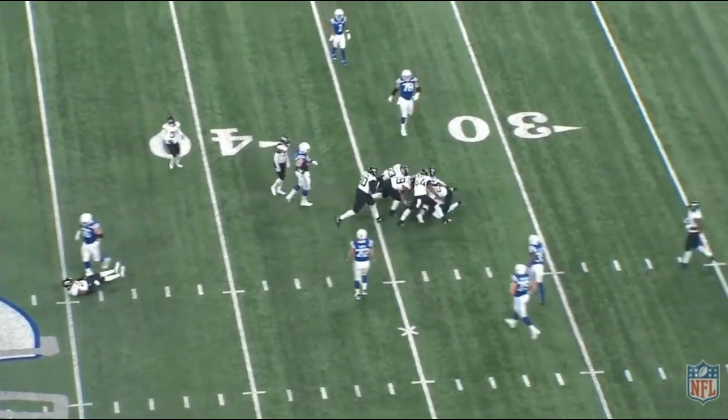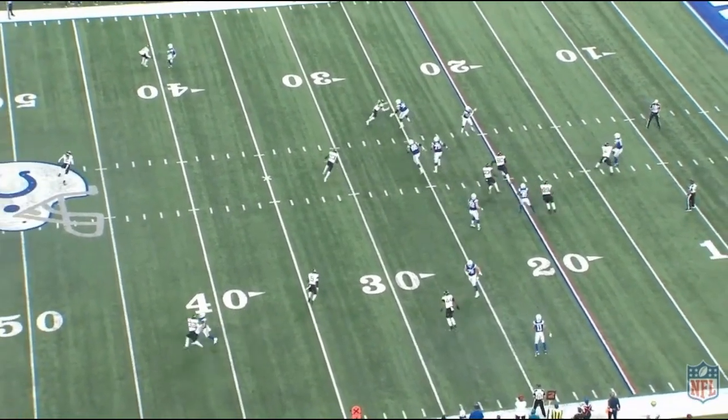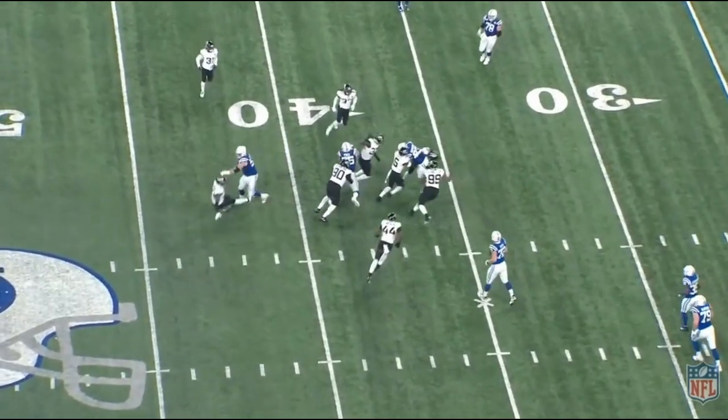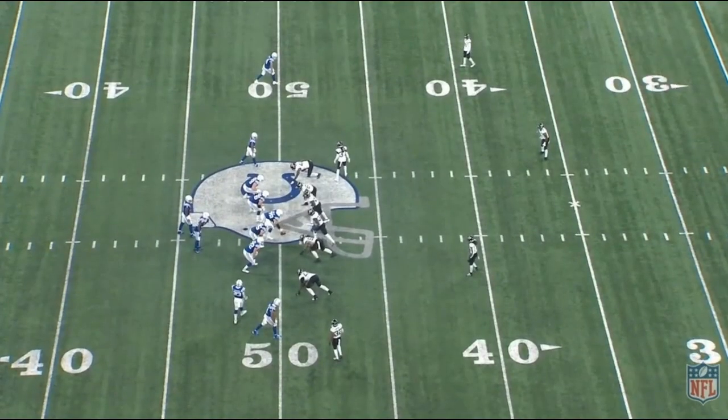This has been so prevalent in the NFL over the last couple of years. Granson does a good job of getting that defensive end up the field, turning around, catching that football, getting upfield for some yards after the catch. Those are really, really valuable targets for tight ends. It makes it so they don't have to deal with a ton of contact, and it gets them into ability to